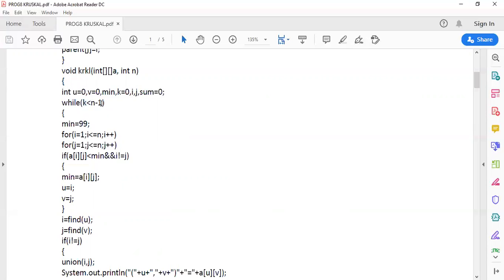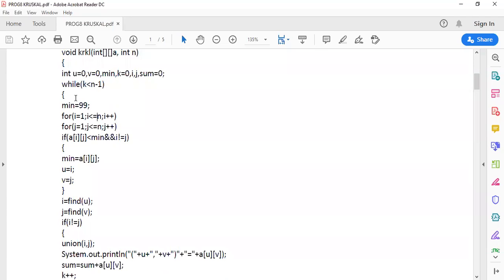So we are adding this condition here. We repeat this while loop till the edges in the minimum spanning tree are equal to the number of vertices minus 1. Once the number of edges is equal to the number of vertices minus 1, we are going to stop. So we'll see what the code inside this while loop is.